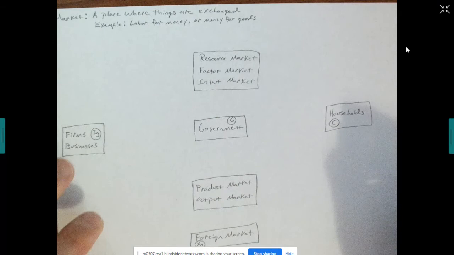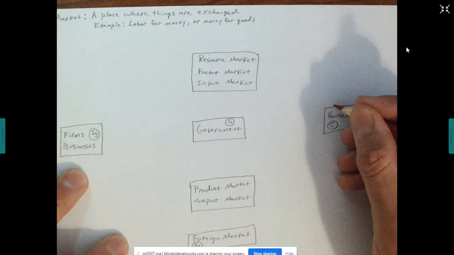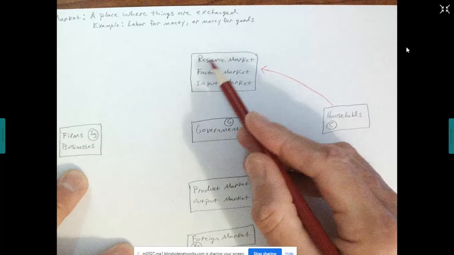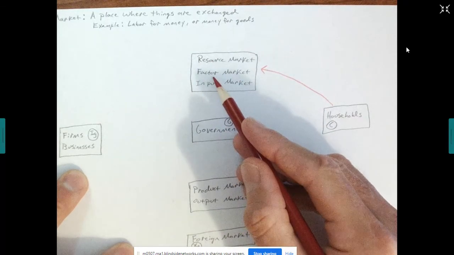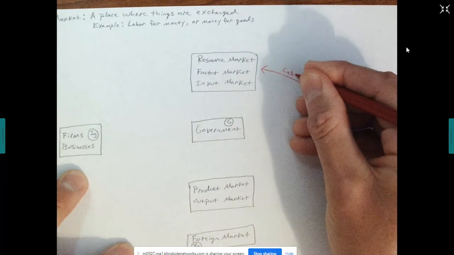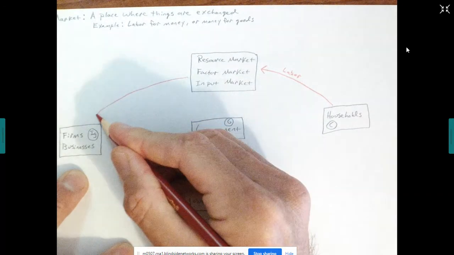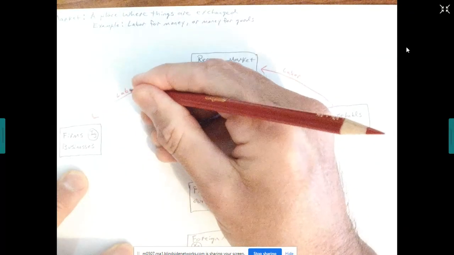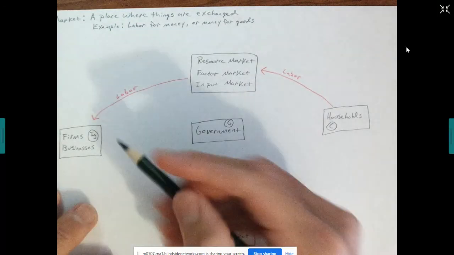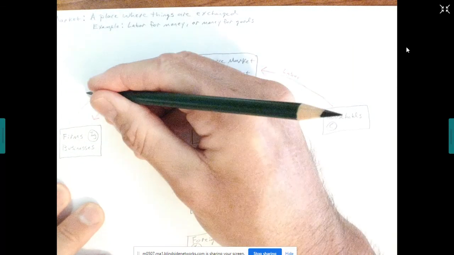You'll see that households will supply their labor. Labor is a resource. It is a factor of production. It is an input. This labor is going to be supplied to businesses and firms. In exchange for that labor, businesses or firms will provide those workers with an income or money. It would be their wages,